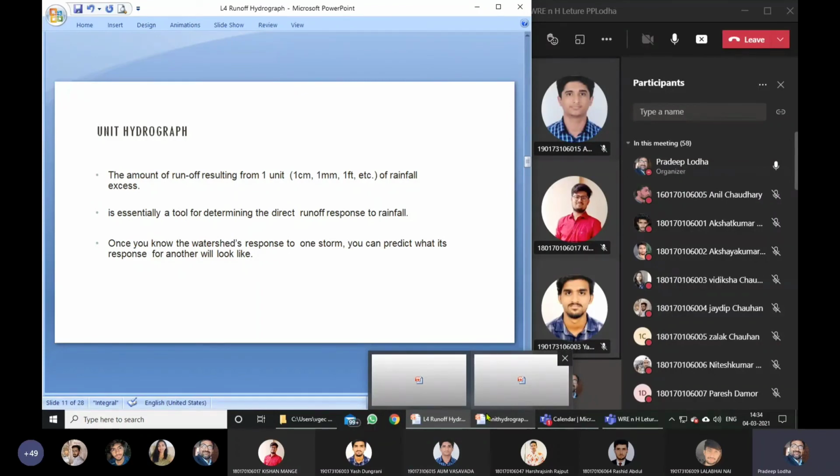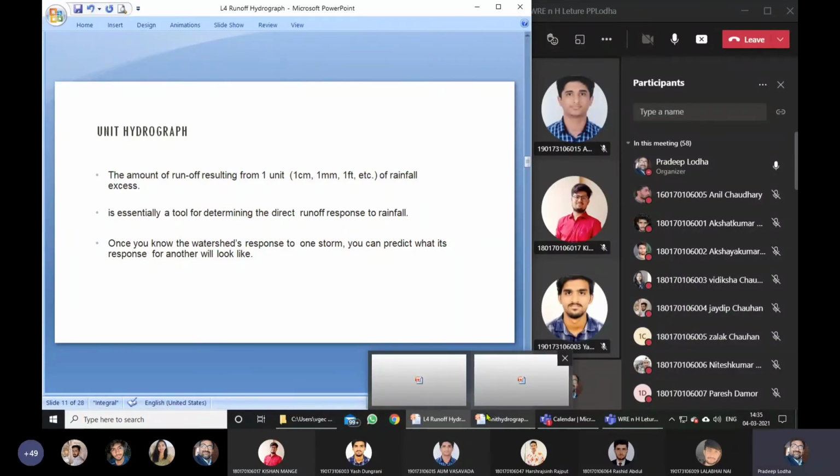Unit hydrograph is essentially a tool for determining, this does not represent anything, this is an analytical tool. जैसे हमने वेरिएंस में पढ़ा था ना कि जो स्टैंडर्ड डेविएशन है, बट इट इज एनालिटिकल टूल, इट हेल्प अस इन एनालिसिस। इंटीग्रेशन भी आप करते हैं, डेरिवेशन भी आप करते हैं, बहुत सारी चीजें होती हैं जो केवल एनालिटिकल टूल हैं। थोड़ा उसको हम कोरिलेट कर सकते हैं दूसरी चीजों से, फिजिकल वर्ल्ड से, लेकिन इसको डायरेक्टली फिजिकल वर्ल्ड से कनेक्ट करना उचित नहीं है। तो इसका मतलब क्या हुआ कि ये एनालिसिस के लिए एक टूल है जो डायरेक्ट रन ऑफ से हम डिड्यूस करते हैं और इसको वापस फ्लडिंग सिचुएशन कैसी होगी उसको समझने के लिए हम बनाते हैं। तो ये इंटरमीडिएट एक स्टेप हुआ।